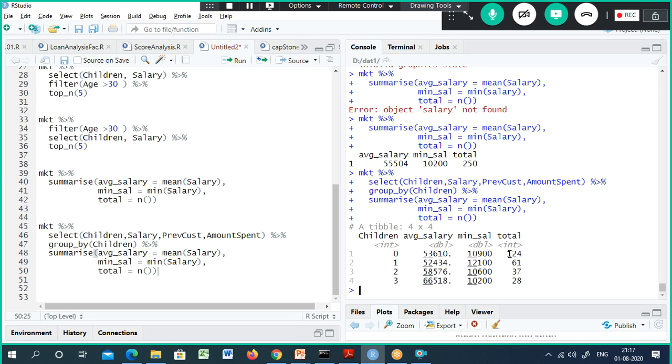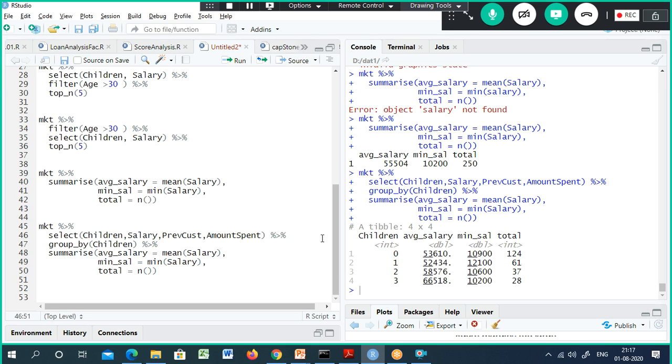When you look at all these things, we could see that those who do not have kids, their average salary is higher. Sorry, when you look at this, those who have 3 kids in this given data set, their average salary is high. The next one is those who have 2 kids. It is the opposite way. This pattern is quite interesting. Though the number of records is less here, the number of customers is more. Maybe this is taking into account the unmarried people also.